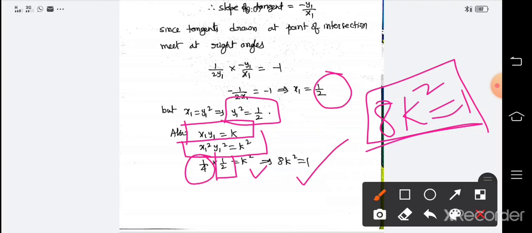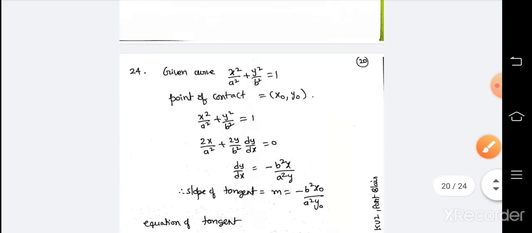It's a very different kind of question, the only one of its kind in the book. Try to know it, because there will be a 6 marker from this chapter, these kinds of models. At last, whatever questions I am discussing, you may expect these models in the examination. Right? Next question.